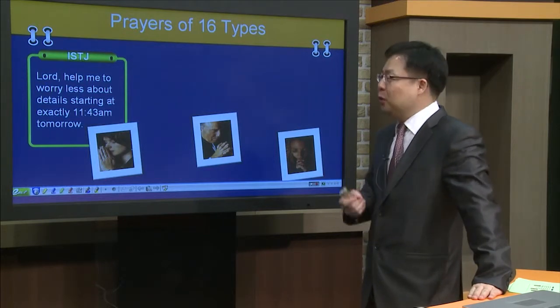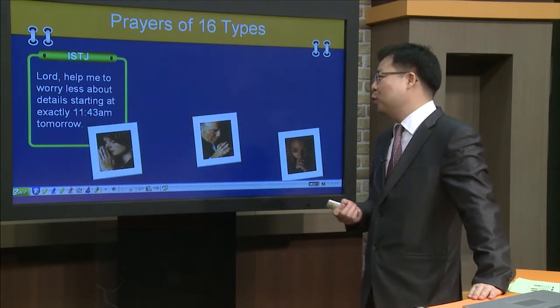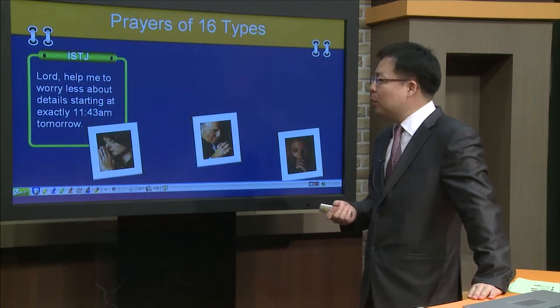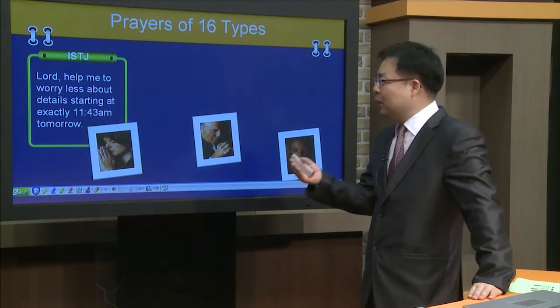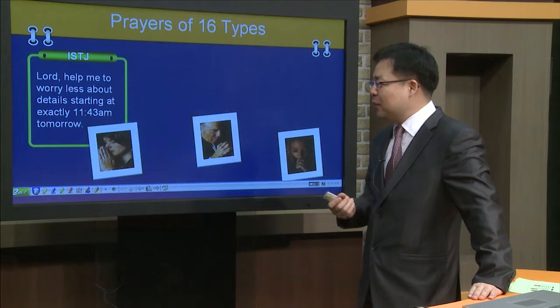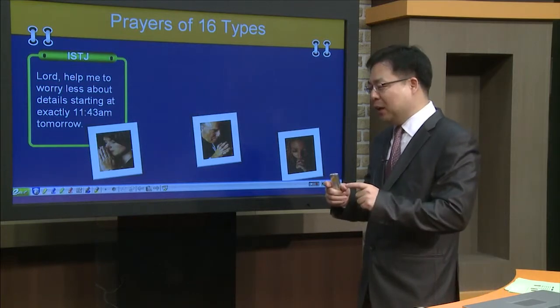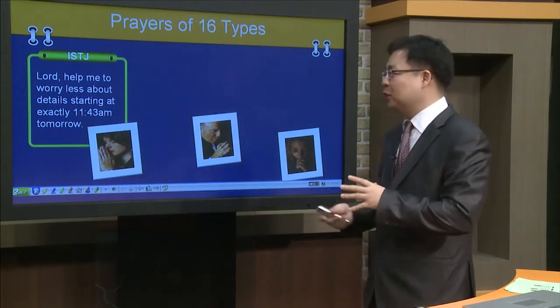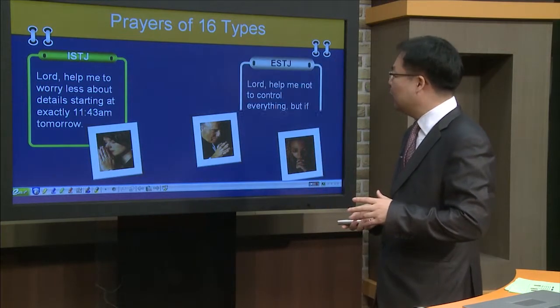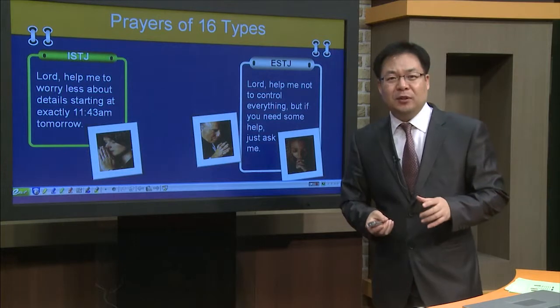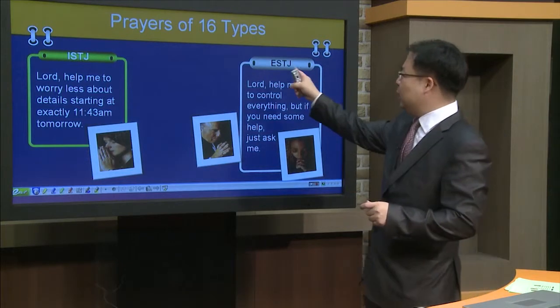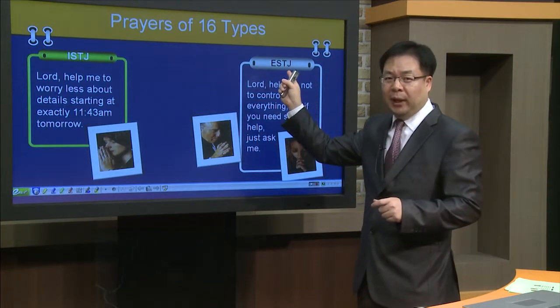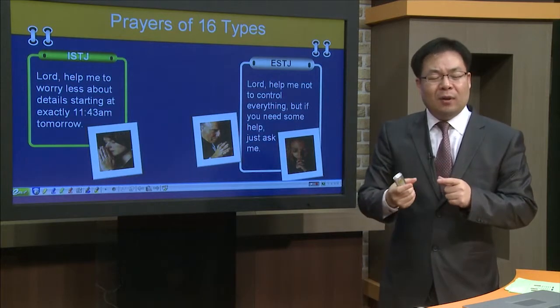Tomorrow. So they are praying to worry less. However, they are still talking about, like, 11:43 a.m. Exactly. So this expression shows the characteristics of the ISTJ person. How about the ESTJ? Even though only the first indicator was replaced, they are showing very different